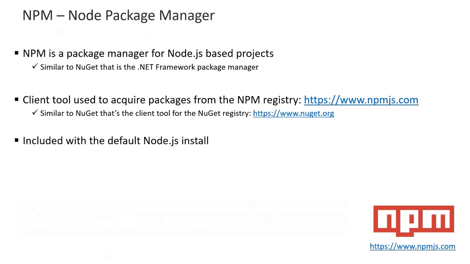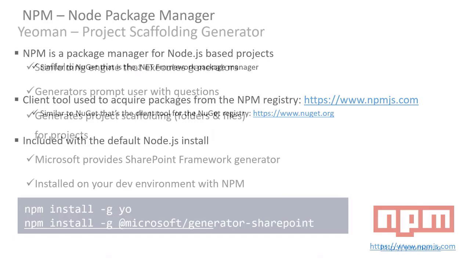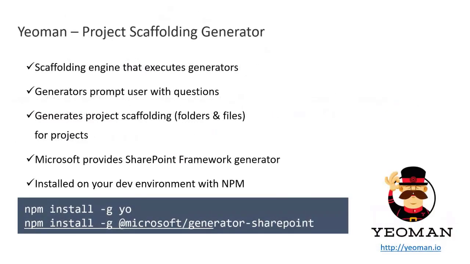Yo, or Yeoman, is the project scaffolding generator. In SharePoint also we have a standard Yeoman generator for SharePoint. That is the SharePoint Framework. We have the SharePoint Framework starting from 1.0. If you are using SharePoint 2016, you need to use 1.1.0. If you are using SharePoint 2019, you need to use 1.4.0. Other than that, if you are using online, no problem. You can use up to the latest version, 1.10.